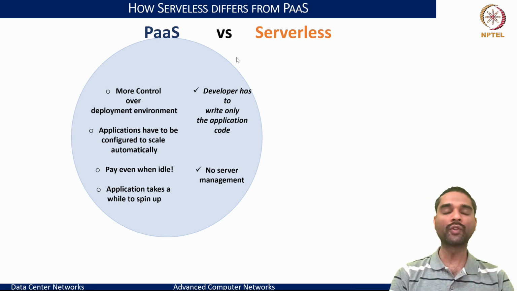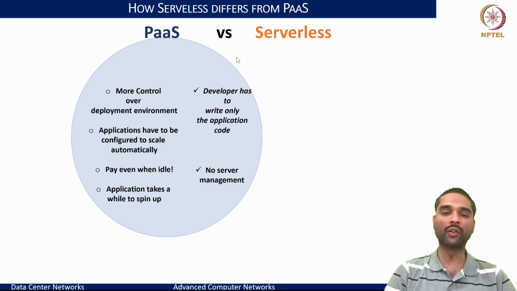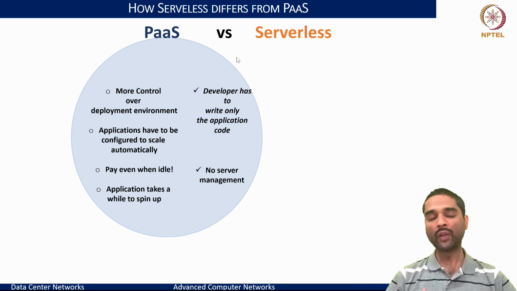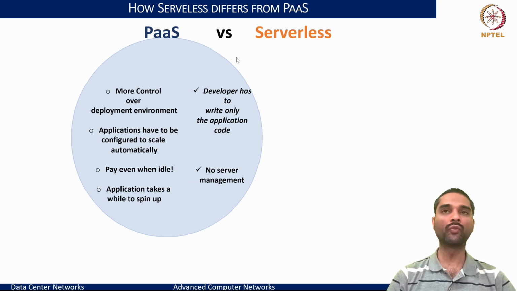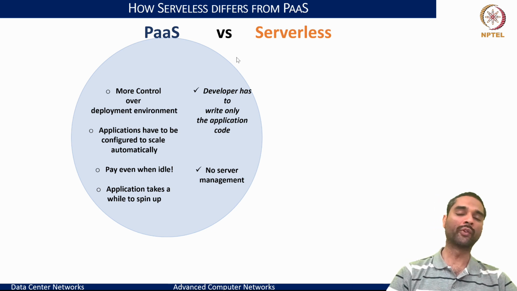But the other side of it is that if you have scaled and set up these instances, they would run forever. And what that means is, on a platform, you are utilizing these resources even when there is no load really accessing those machines. So you're basically burning idle cycles in those applications. So you have to pay even when the services are really idle. And whenever you want to boot up a new application, we saw that because you have to run it on a given platform, it takes a good amount of time. And these are the shortcomings that we can see in platform as a service.